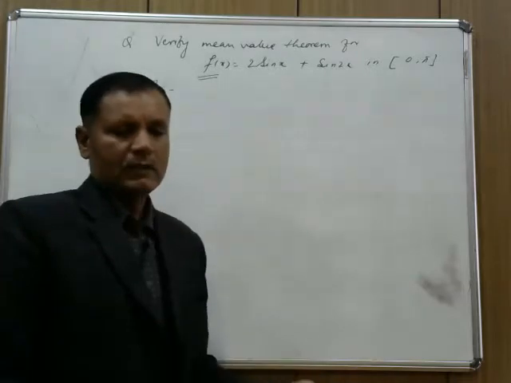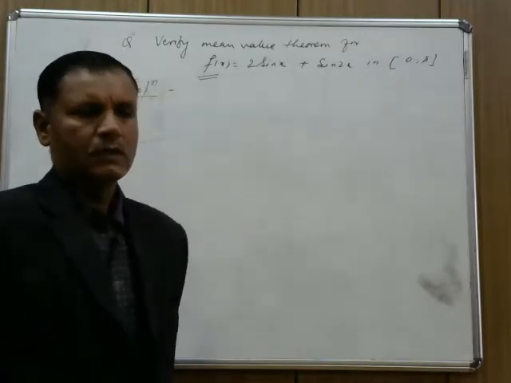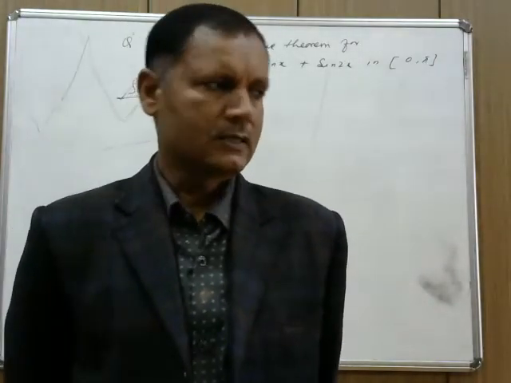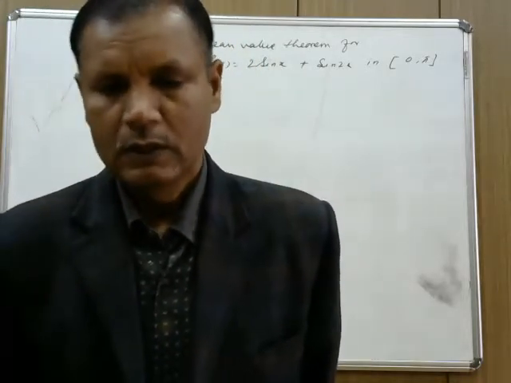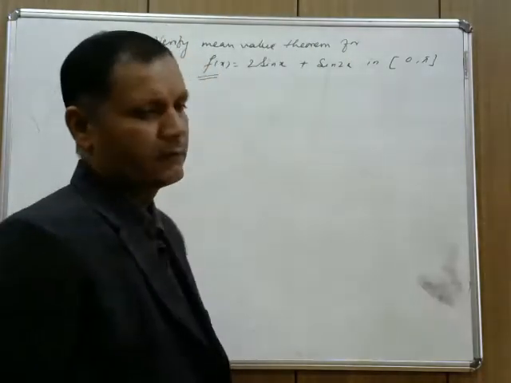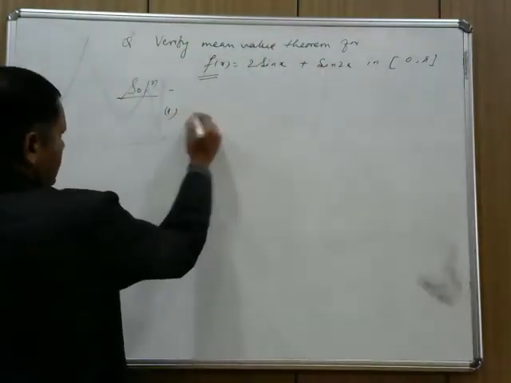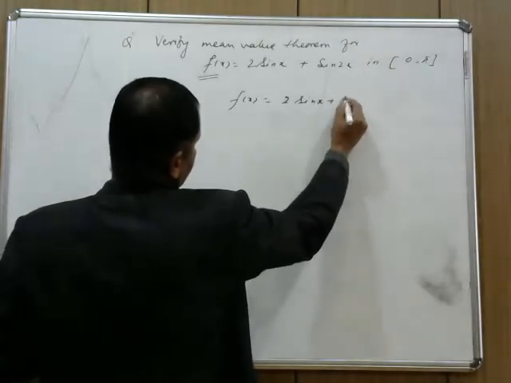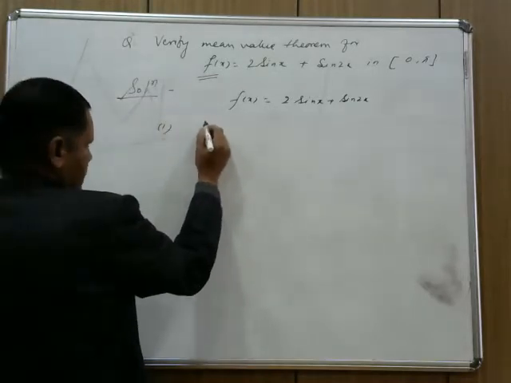That means for time being I can write, yes, here sin x and sin 2x are trigonometric functions and it is continuous everywhere, and therefore as we know that the sum and the difference of any 2 trigonometric functions is also differentiable and continuous, and therefore it will be continuous and differentiable everywhere. By the way, I will not do all these things, simply I will write now the first point here. Given f of x is equal to 2 sin x plus sin 2x, and therefore the number 1, given function